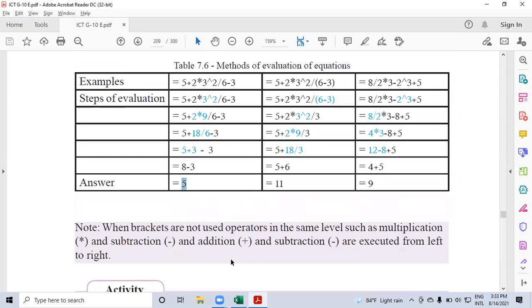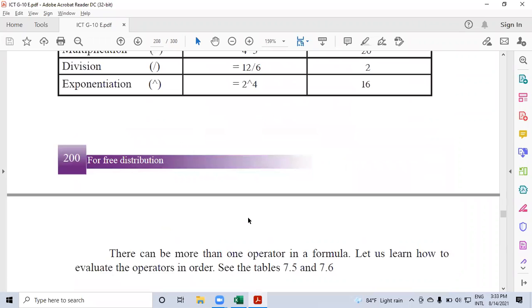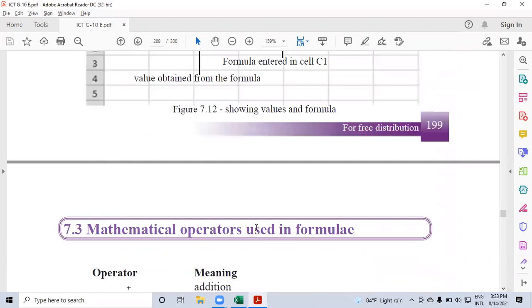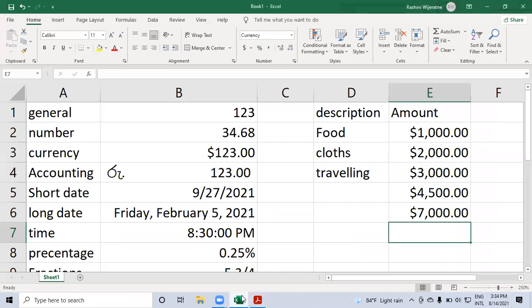You should have the idea that when operators of the same level are there, you give priority to the leftmost one, or solve from left to right. If they differ from each other, meaning the levels differ, the top level, layer one, will be executed first. Anyway, if you are writing a formula or a simple calculation using the operators in Excel,